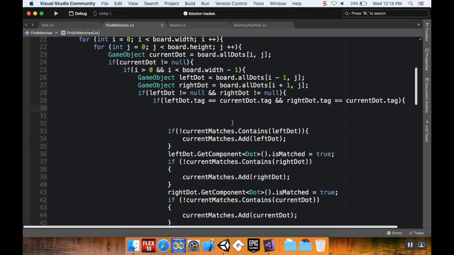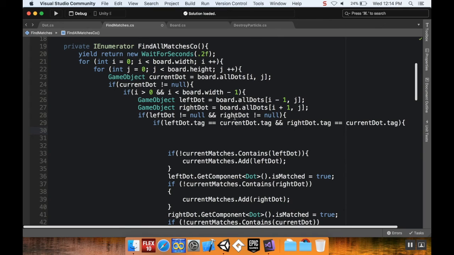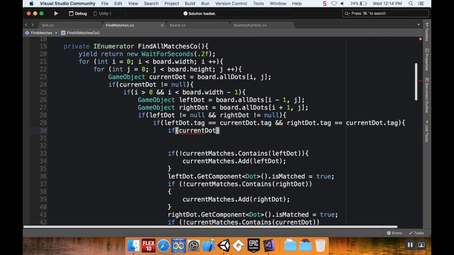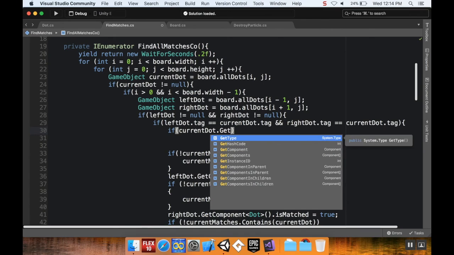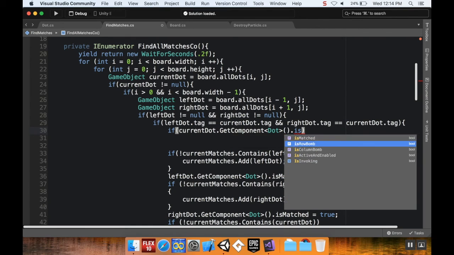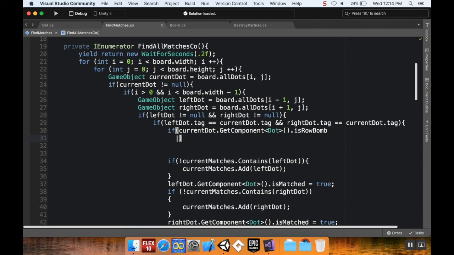All right, so what I want to do here is implement the row first. So I'm going to say if current dot get component, and the component I want to get is the dot script dot is row bomb, and then I don't want to have this super long line, so I'm just going to hit enter and do or